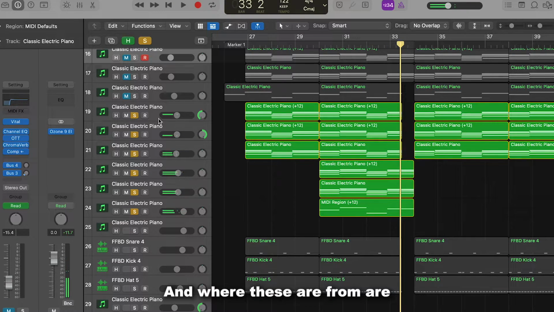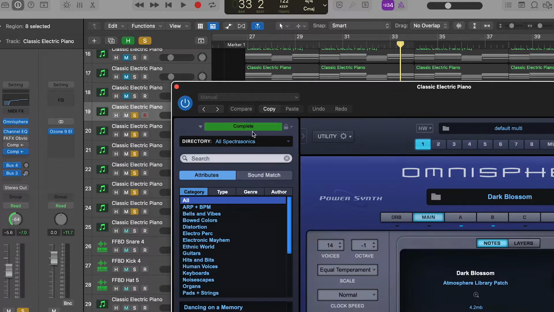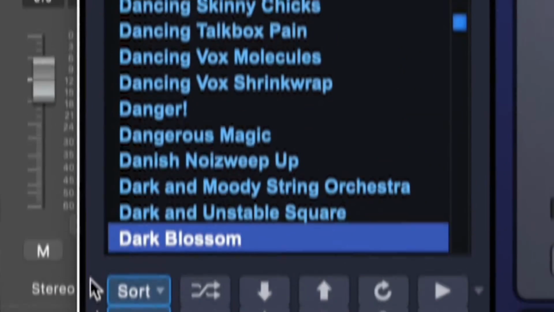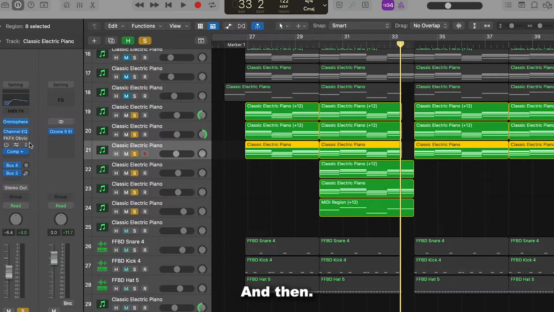And these are from Omnisphere, but you can get another free alternative called Vital, and then download a couple free preset packs that you can easily find on YouTube. But if you're curious, these are the sounds that I used. Same thing for this one, and then